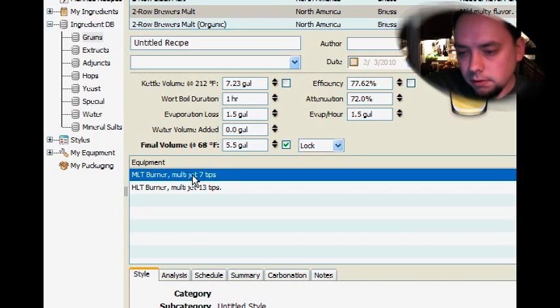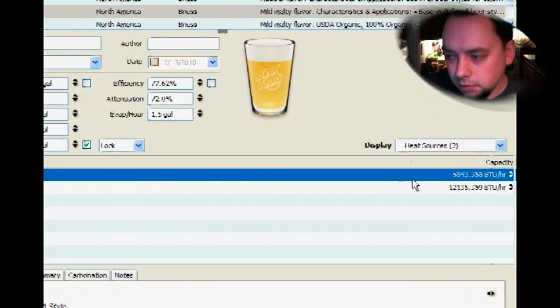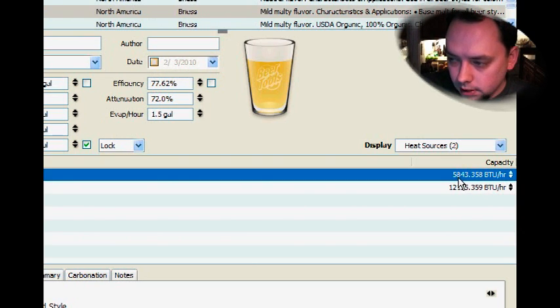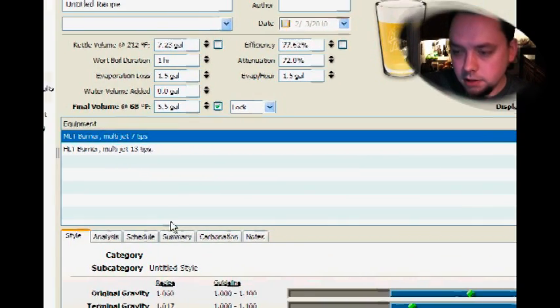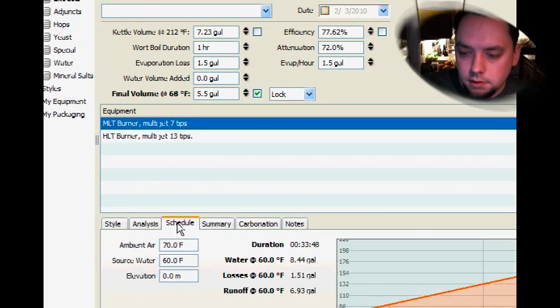If you remember, it was a slightly smaller burner with fewer tips. And then once you enter all that information, you're going to see that the effective BTU is displayed here. All right, so now that we have that information, the next thing we do is go down to the schedule